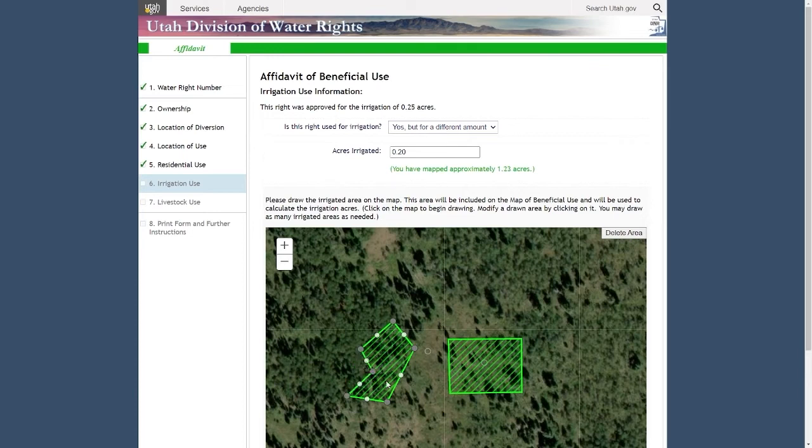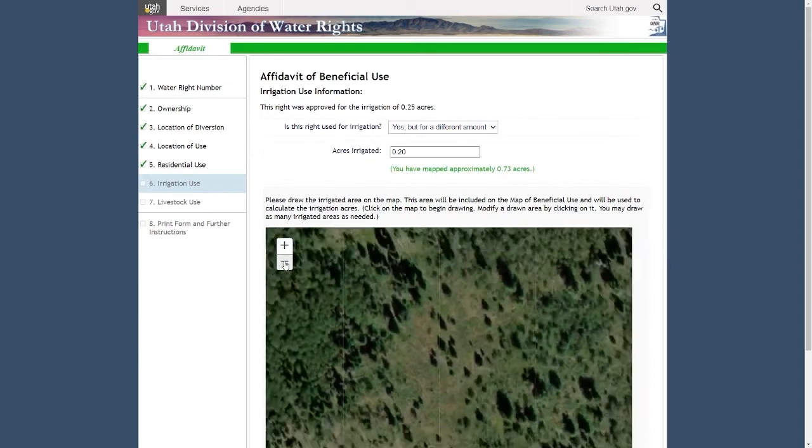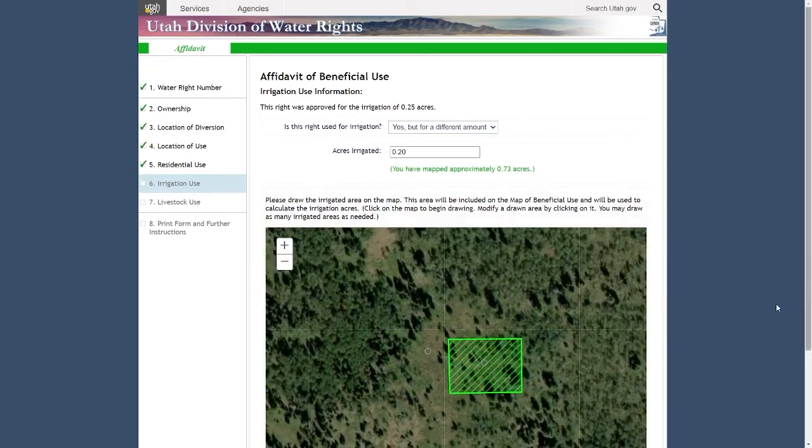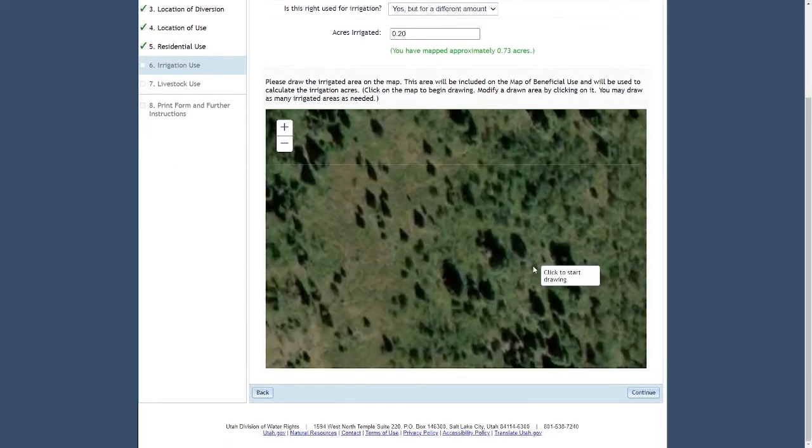You can drag the circles to change the area of the polygon. If you want to start over, select the hatched area and click the Delete button located in the upper right-hand corner of the map. You can use the plus and minus buttons to zoom in or out on the property. Once you have drawn the area, please set the view to show your entire property and click Continue to proceed